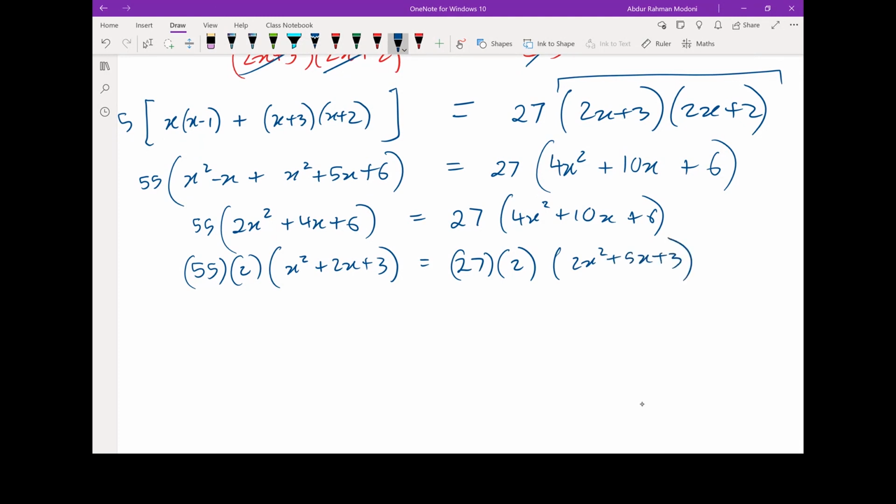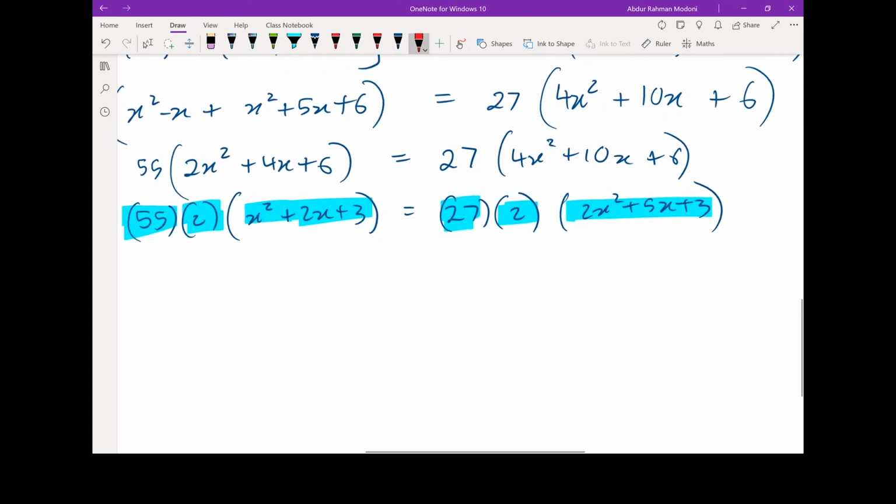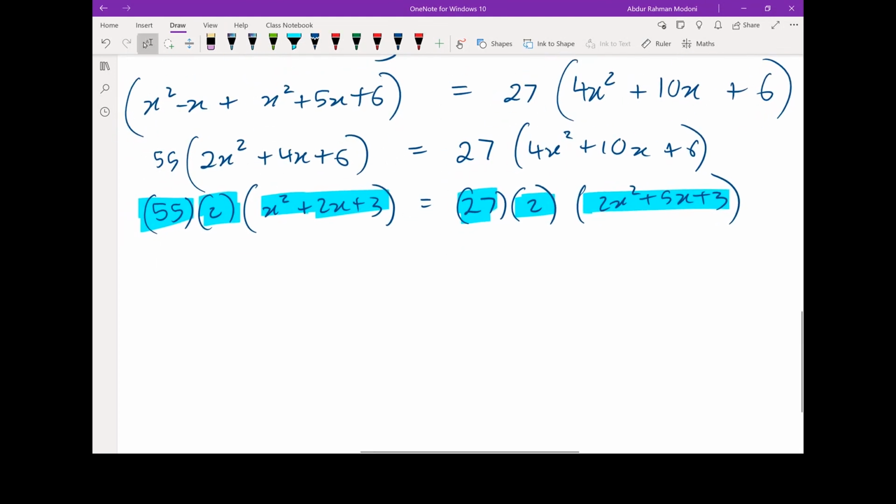So since 2, we can see the factors. We've got this as a factor, this as a factor, this as a factor. It's in a factorized form. And when things are in a factorized form, it's easy to simplify because if you have common factors, you divide through by the common factor. So we're going to divide through by the common factor 2 here. It tidies it up a bit. So essentially, you're left with 55x squared plus 1x plus